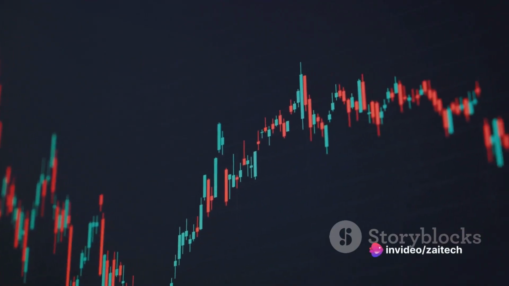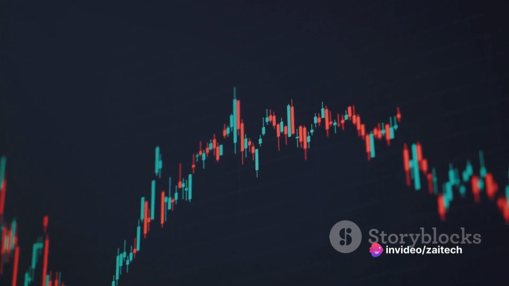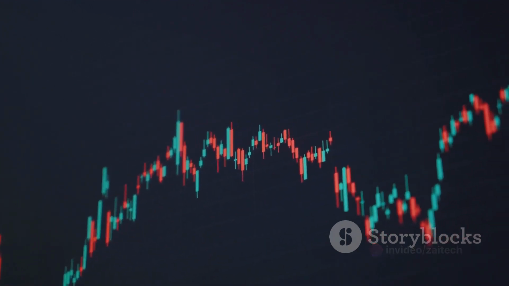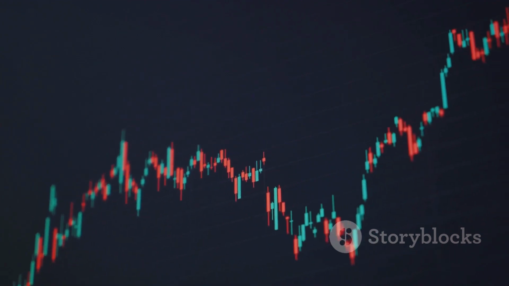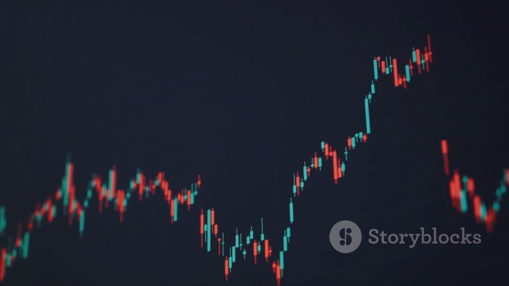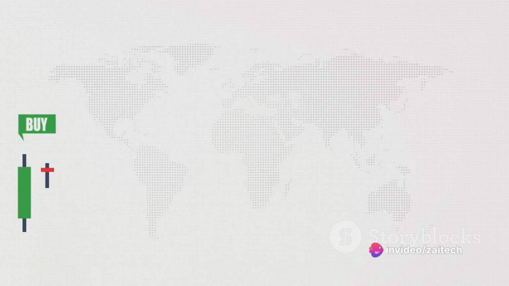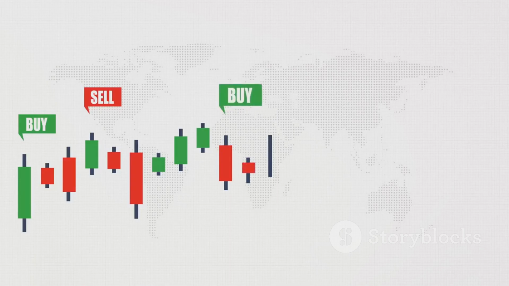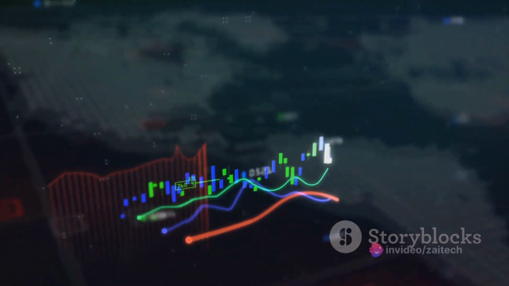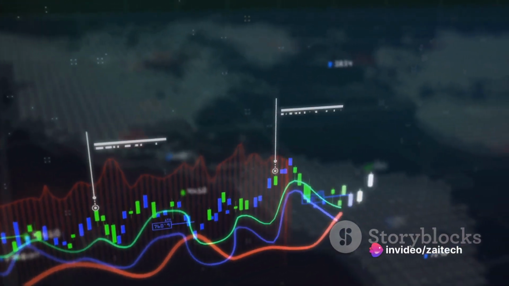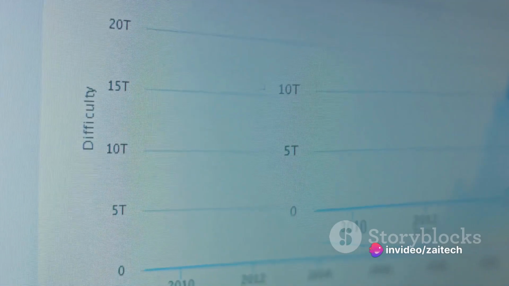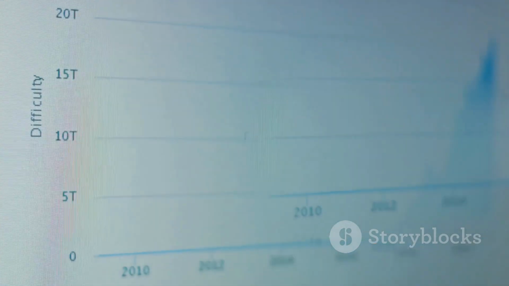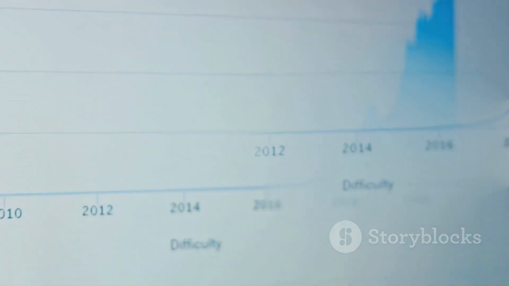Next, let's talk about the tools of the trade. To implement the 15-minute scalping strategy effectively, you need a trading platform that supports 15-minute candlestick charts. These charts offer a visual representation of price movements within a 15-minute time frame, making it easier to spot trends and patterns. Moreover, these charts can help you understand the market sentiment. For instance, a long bullish candlestick indicates strong buying pressure, while a long bearish candlestick signals strong selling pressure. This information can be invaluable when deciding when to enter or exit a trade.